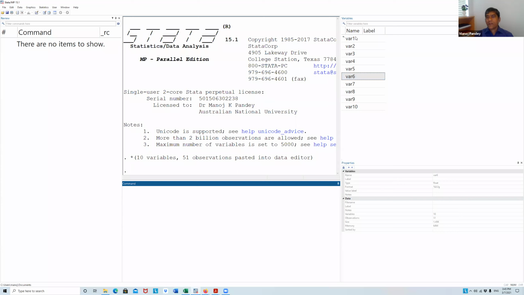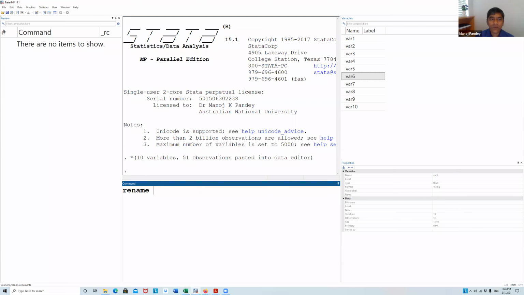Now, how many characters does it have? Var1: 1, 2, 3, 4. But if I want to change VAR1, there is a command called rename, because we are renaming it.